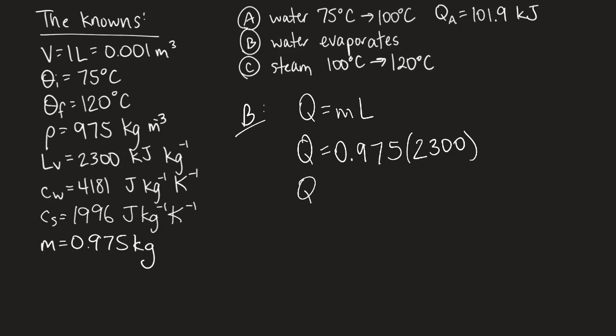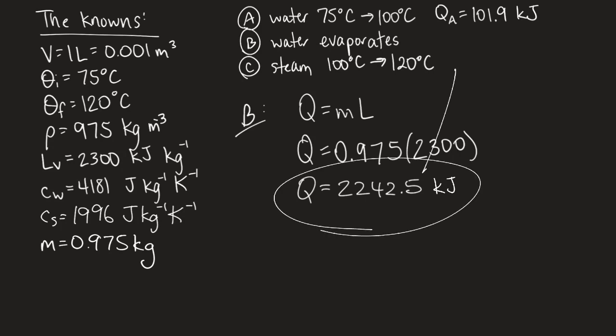And so when we plug that into our calculator, we get 2242.5. And again, being really careful with units. So we've got kilograms, and our specific latent heat is actually given in kilojoules, so this answer is already in kilojoules. It takes a lot of energy to boil water or evaporate water. And again, I'm just going to move this answer back up here so that we've got this space again. So QB is